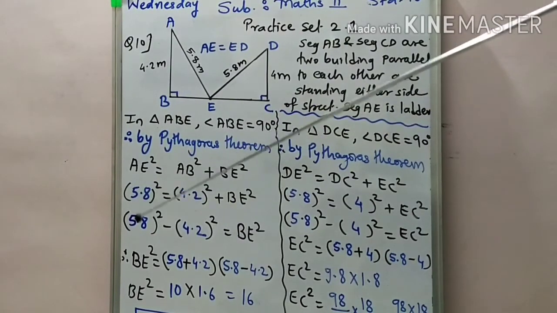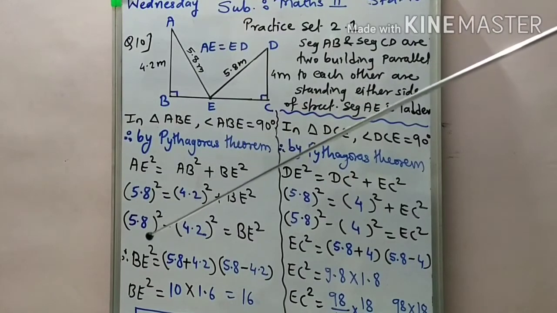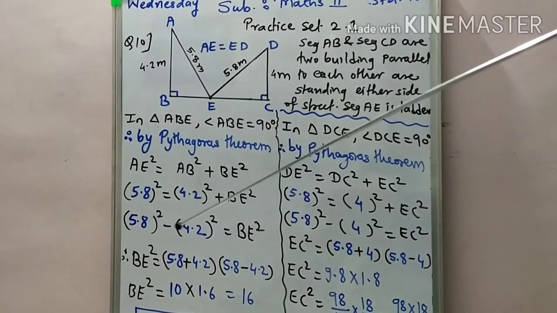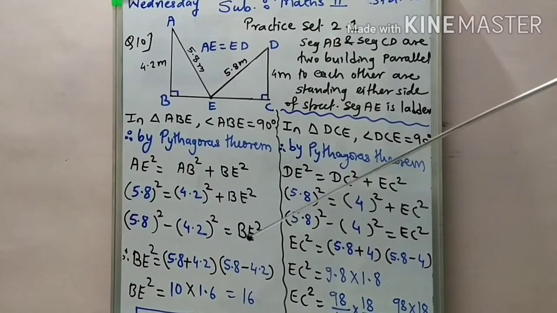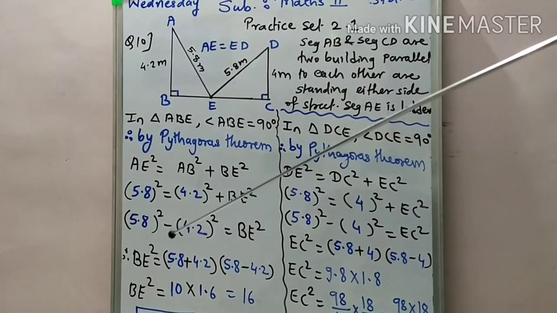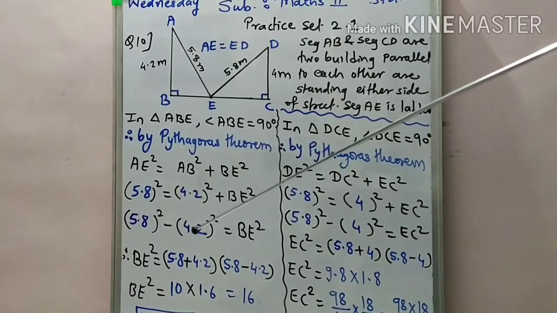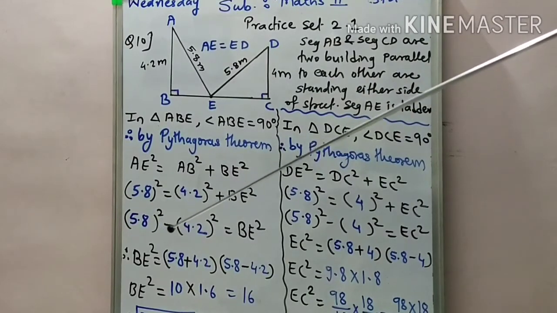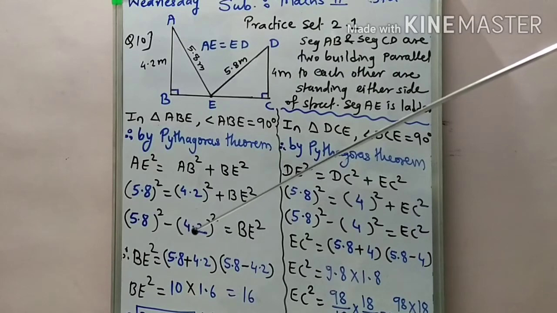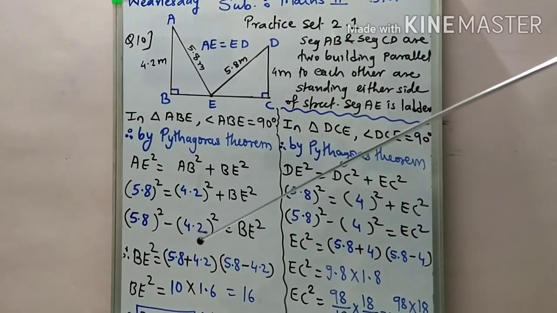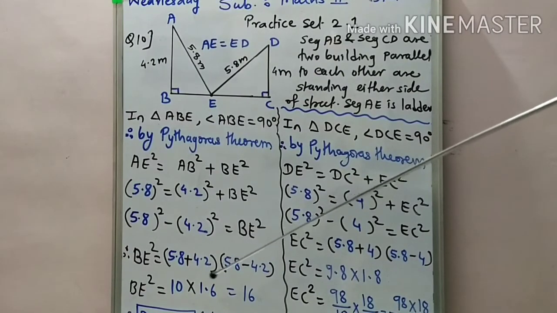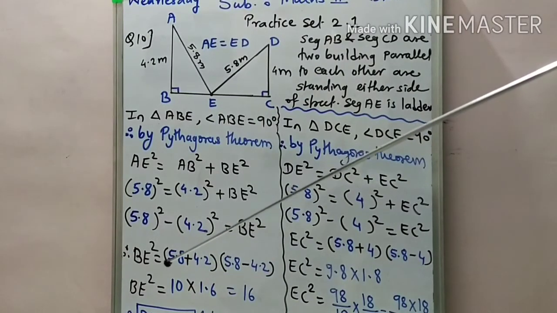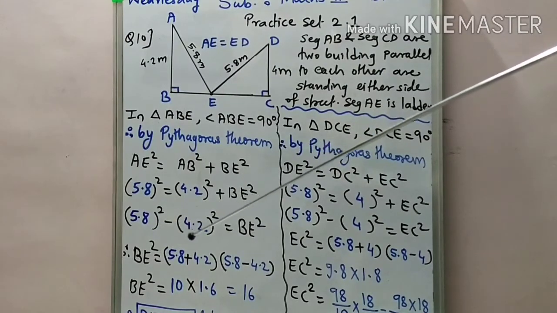Because if we do the squares first, we get decimals, and subtraction also gives decimals, so it's quite difficult to find the square root to get BE. So here, as we take this subtraction, one identity is formed: A square minus B square, and according to that identity, the expansion is A plus B into A minus B. So it's quite easy to simplify: BE square equals, with A as 5.8 and B as 4.2,